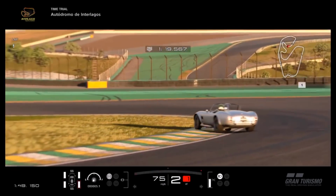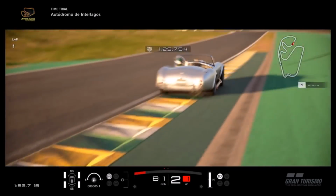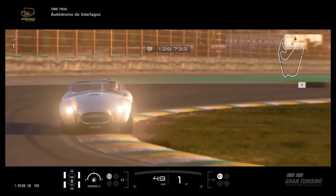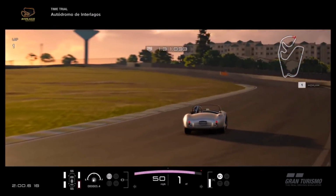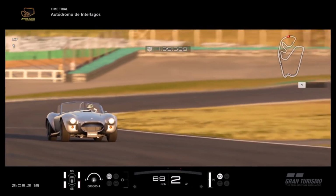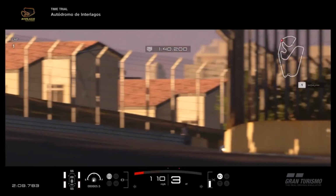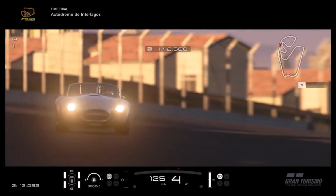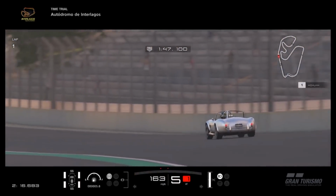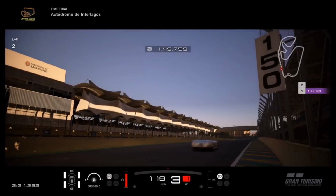Now, of course, we have already reviewed this Cobra, this specific Cobra, in fact, on Gran Turismo 6, so usually I don't review the same car twice. So the question arises, why am I? Well, for the same reason, actually, as why I re-reviewed the Nismo GTR LMP car on GT Sport. Because if there is a significant enough change to the vehicle in terms of its spec, its ability, or even its tuning potential, then I will revisit it if it's on a current, relevant game to see what kind of